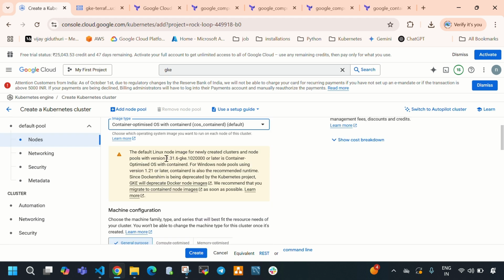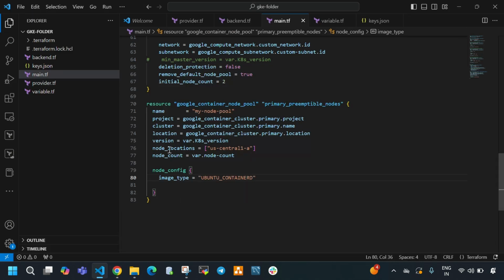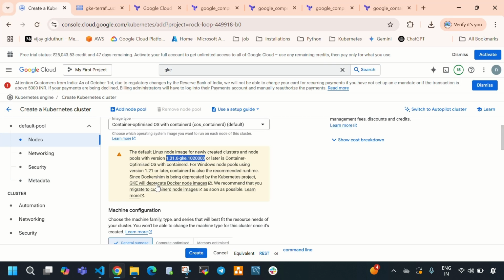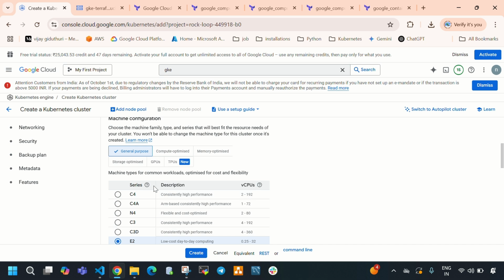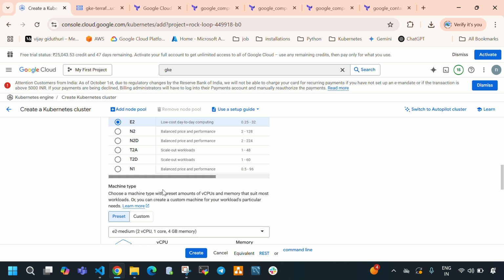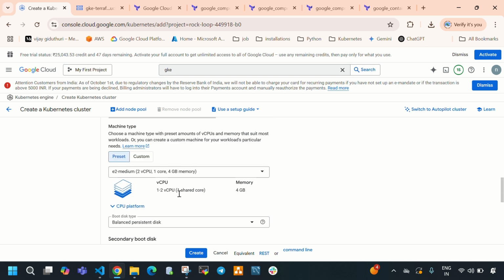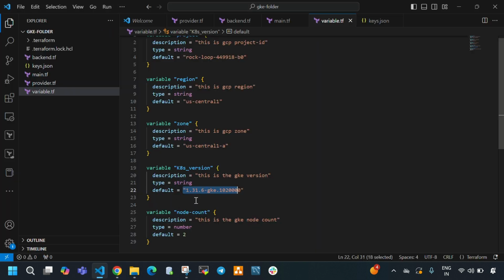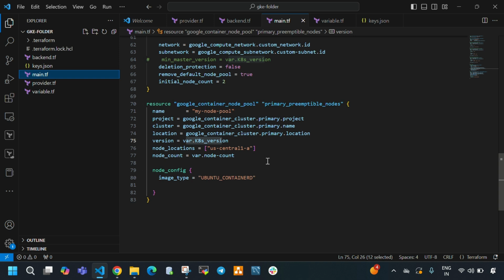After that, let me come down. Here you can see we are going to provide this same Kubernetes node group version. Okay, so already we have provided that. So you can see var.kubernetes_version. We are going to provide this same version. So here you can see that same Kubernetes version automatically. After that we need to provide the machine configuration, like what is the machine type and disk type, and after that the disk storage and everything. So we need to provide all these details in Terraform scripts. Okay, so let me come here and open this main.tf file,